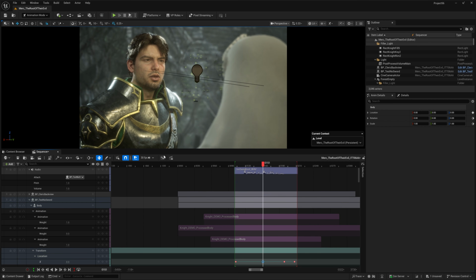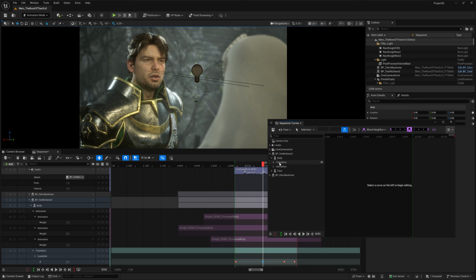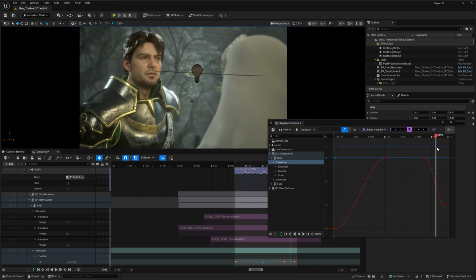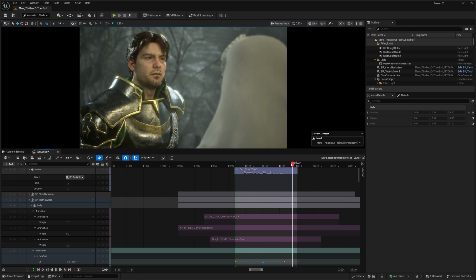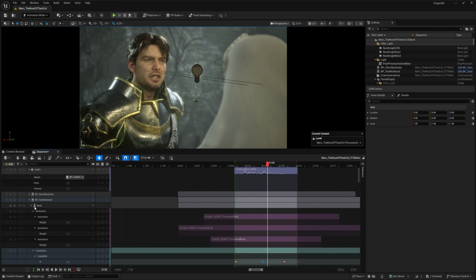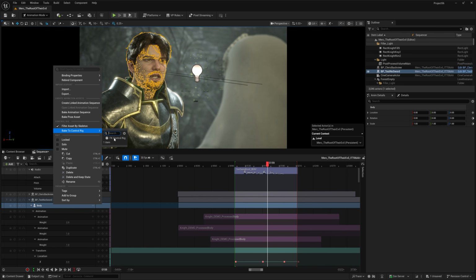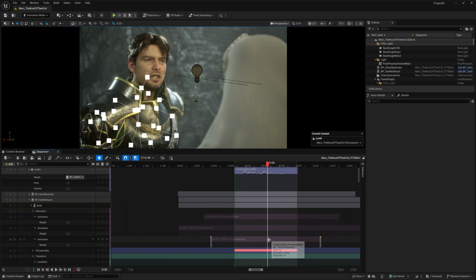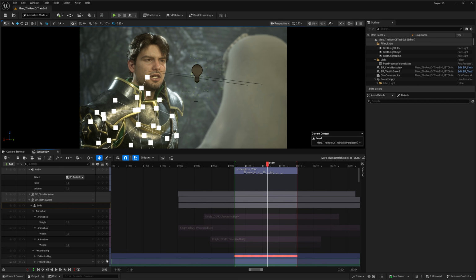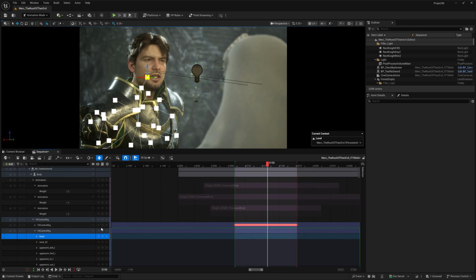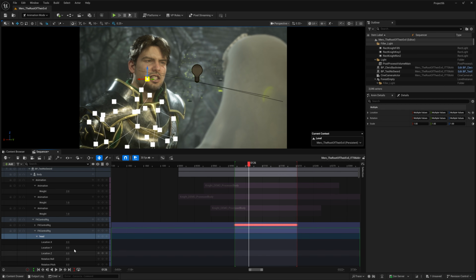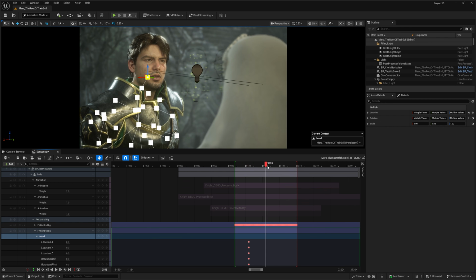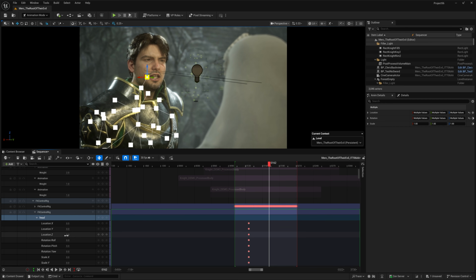In the initial block-in, I also animated the root motion, which turned out to be a bit too much. So I scaled that back here to keep the character more grounded. Once I'm happy with the overall motion, I bake the results down to a control rig and make small adjustments on top. In this example, I'm tweaking the head tilt on an additive layer to better match the overall tone of the line. You can take this tweaking as far as you want, but I prefer to keep the changes minimal and capture as much as possible in the original performance.